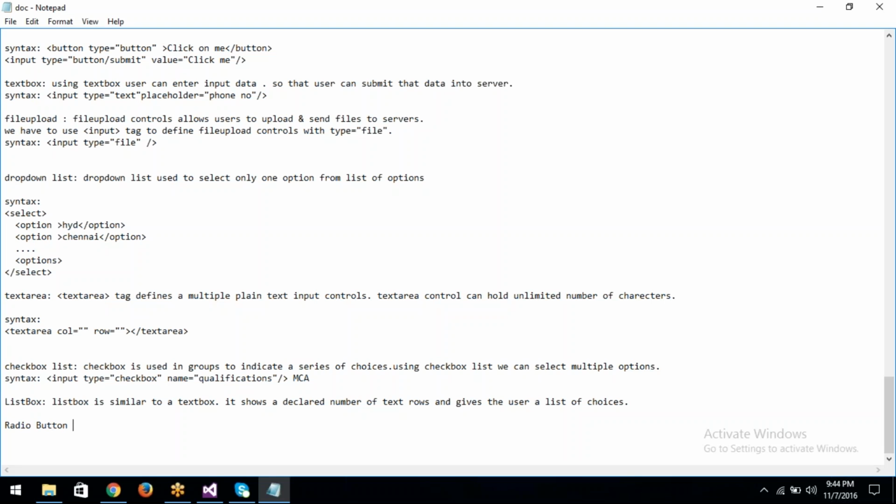Radio button list. So use this radio button list to select at least, select only one option from a list of